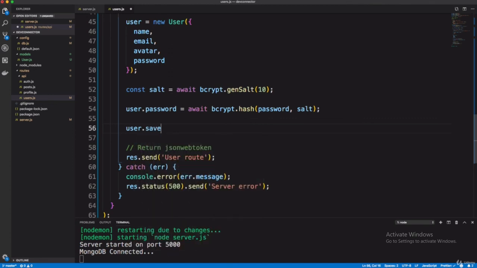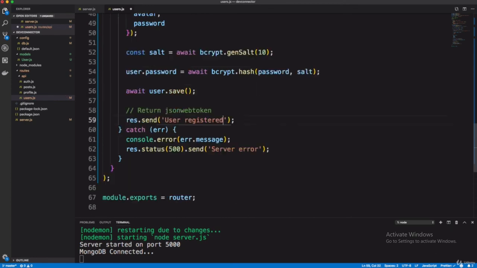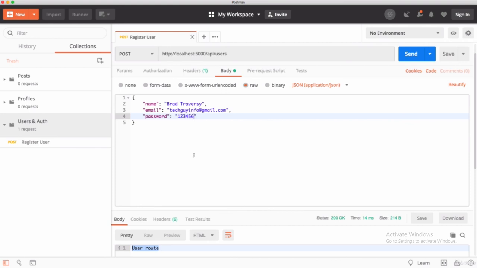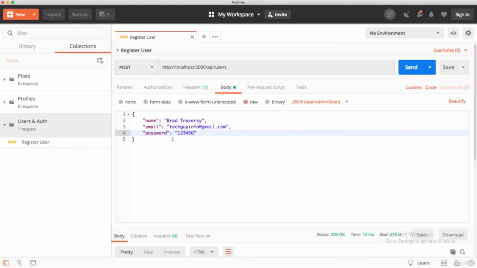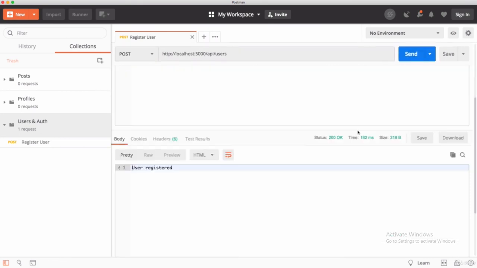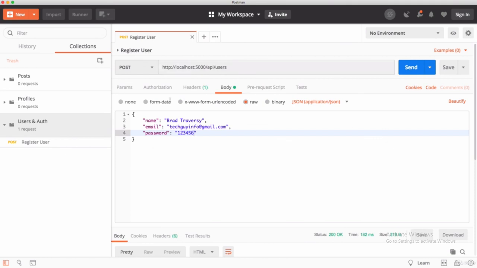Now you have to save the user. You can do .then also, but here we are using async await, so we are writing await. Okay, that's all. And I think now go back to Postman. Now if you send all the information there, as you can see all the fields have already been filled up. Just click on the send button, and as you can see a successful message, user registered.